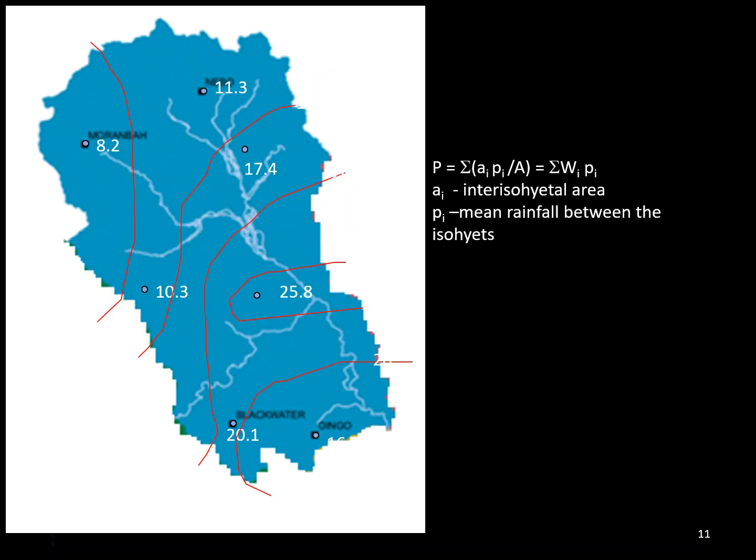So this is the area method, and the third method is the isohyetal method. Here again, the same rainfall, but what we do now is draw the contour lines. So this is 8.2 meter, and this is 11. You have about 9 meter here, and you have this 10.3 and 20. So if you are drawing contours every 5,